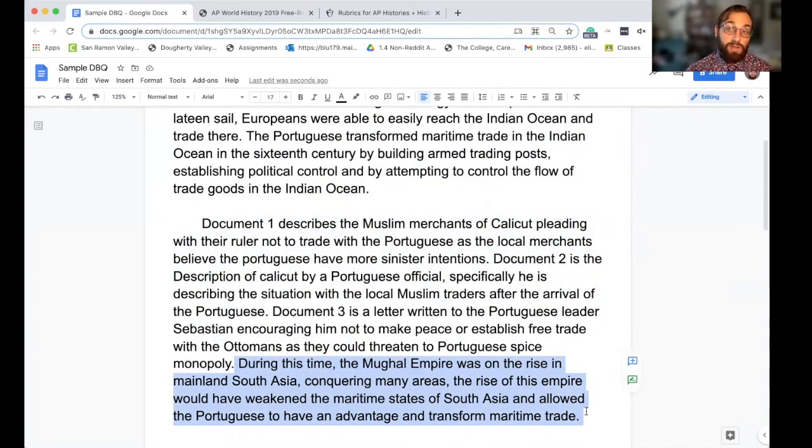Now, you did eventually have to read all the documents, but you didn't actually have to analyze any of the documents. Notice that our argument, our thesis, is not necessarily attached to any of the documents. And notice the one time we're actually making arguments about evidence, that is the evidence beyond the documents, this is also not necessarily tied to the documents, though you do have to be sure that what you're going to talk about for your evidence beyond the document is not in fact mentioned in the documents. In this way, you can get a 4 out of 7 on the DBQ, and you don't actually have to argue with or analyze any of the documents. So that's the strategy in a nutshell.